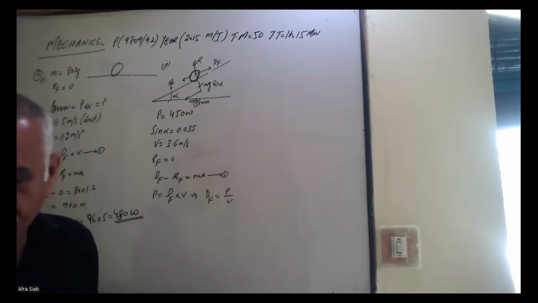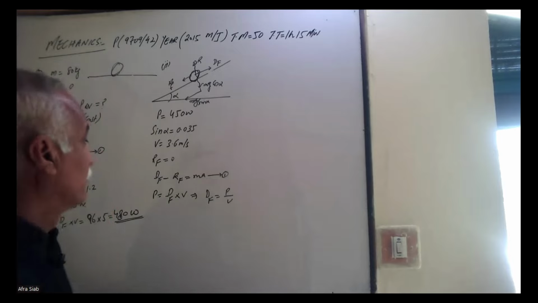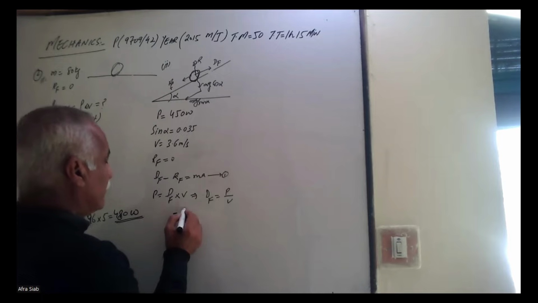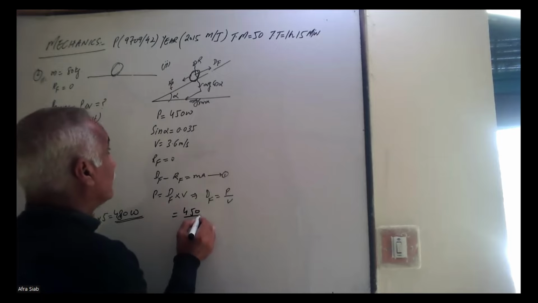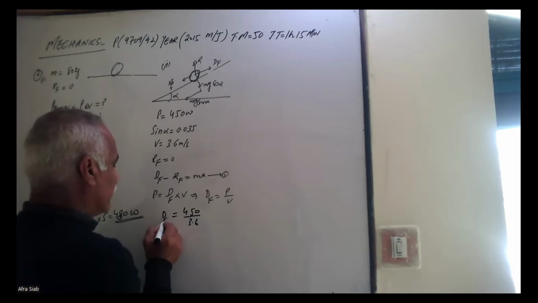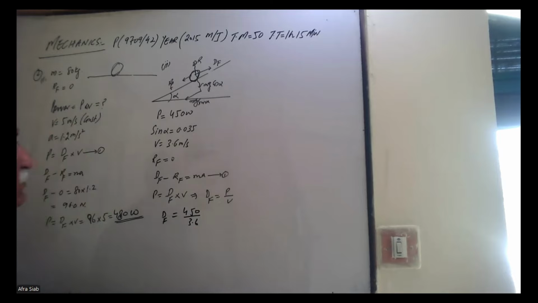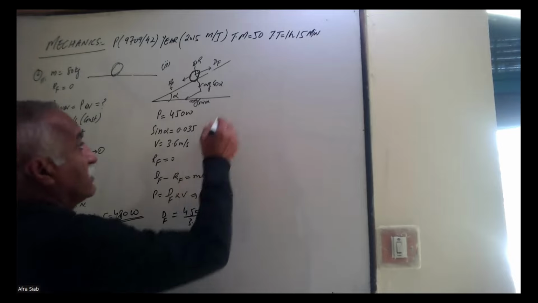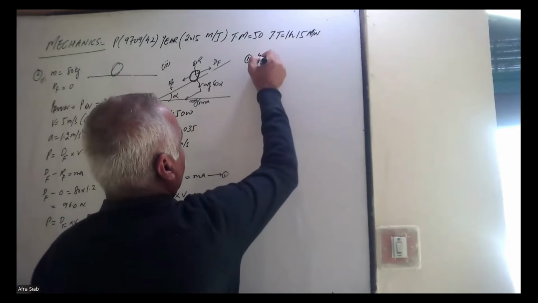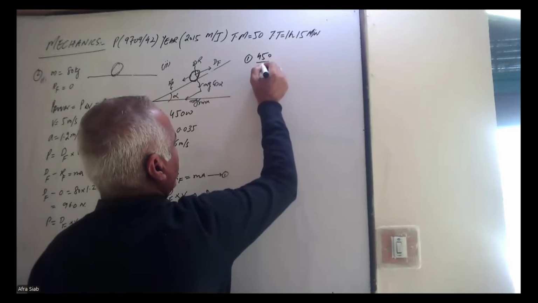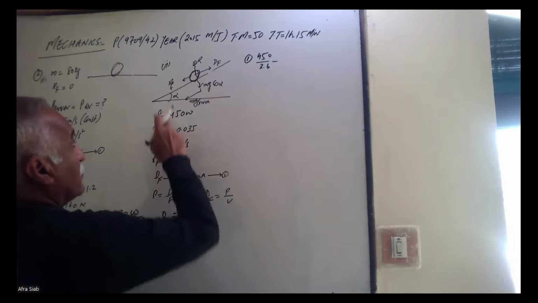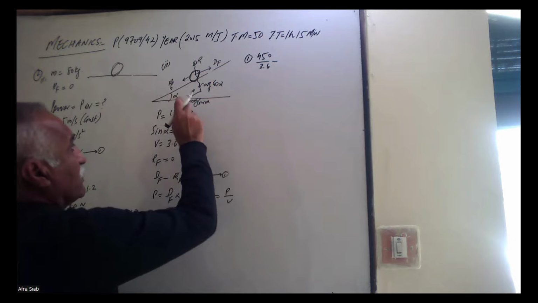So we have calculated the value of P, that is equal to 450 divided by V, which is 3.6. So that is the driving force of this. Now we put this value into this main equation. So driving force is basically equal to 450 over 3.6 minus the resistive force there, because itself there is no friction,